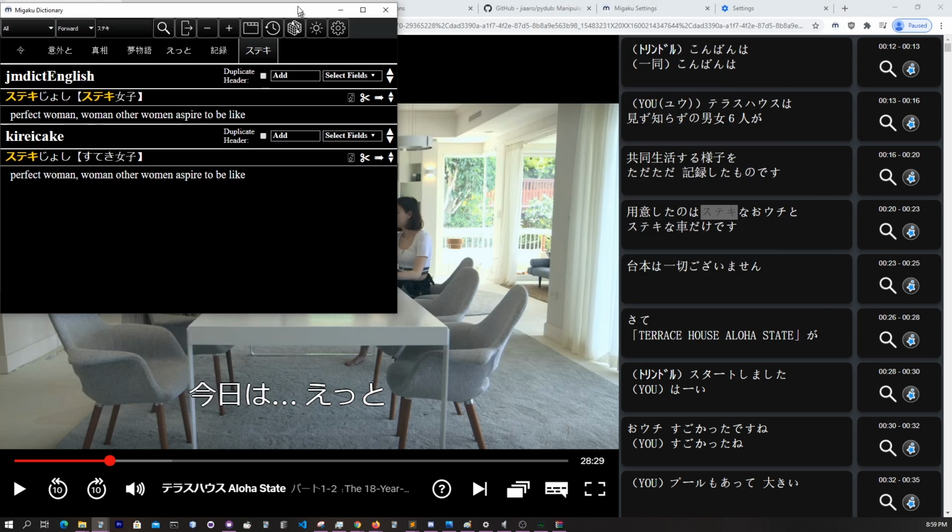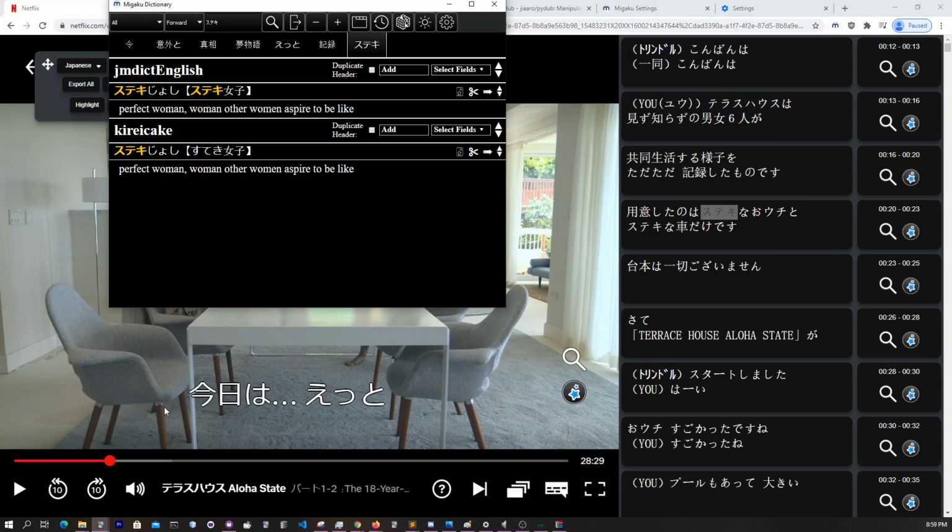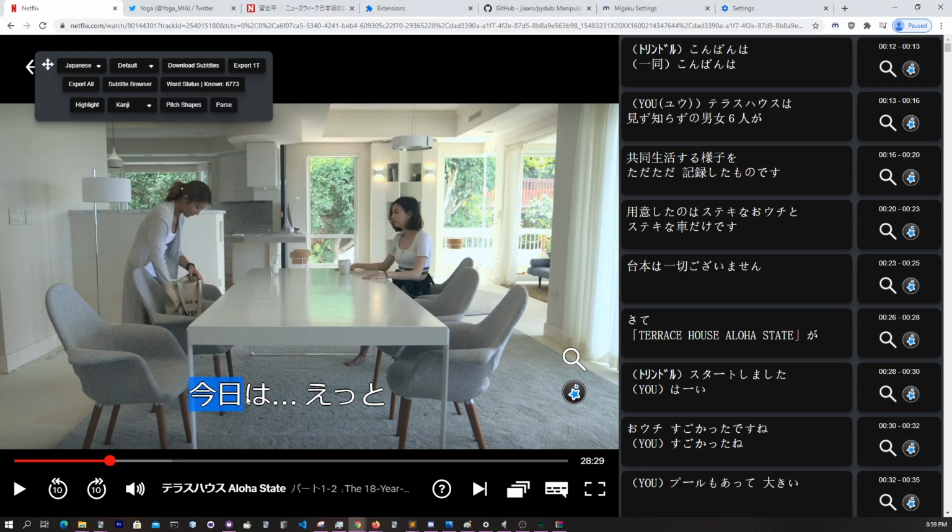Anyways, let's go ahead and just make an Anki card. So let's say we're Kyo wa eto. This might be a great beginner sentence, right? Maybe not. There's not a whole lot of meaning. Well, I guess if you want to learn eto, it's a good filler word for Japanese. So if you wanted to learn that, then I guess it's a good opportunity to do that. So go ahead and just press